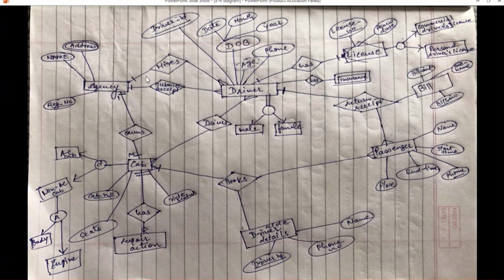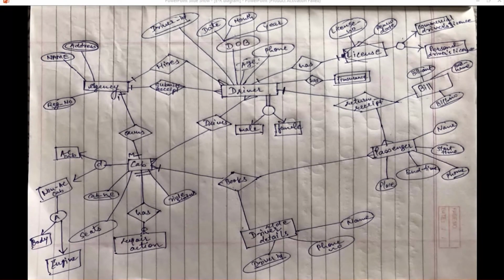Another thing is that in crow's foot notation we represent relationships using a small bar and circle on the line. Here I have put it in one diagram just to let you understand the different examples of these notations.